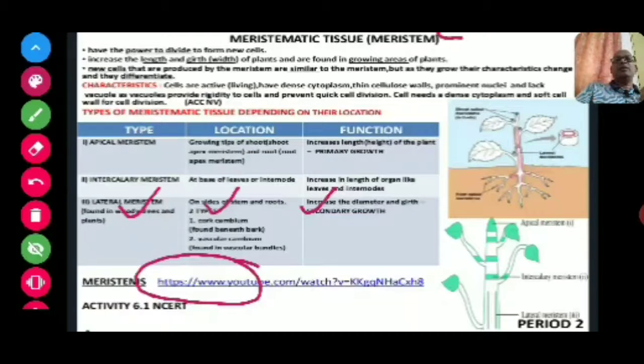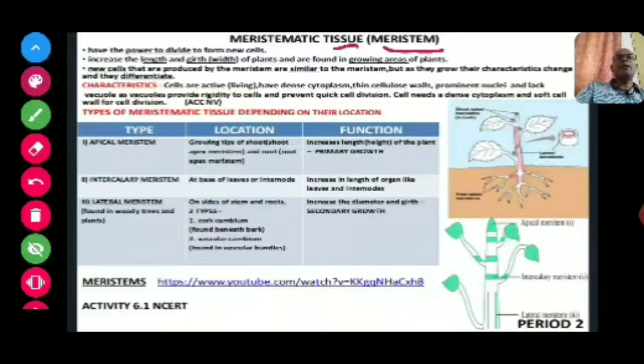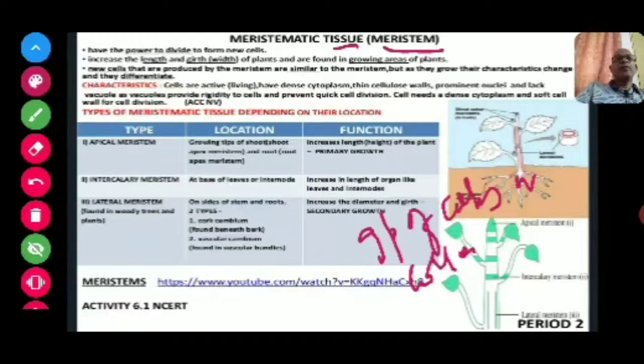Okay, let's come to the point, that is meristematic tissue. Meristematic tissues are also called meristems. Meristematic tissues are actually a group of cells or collection of living cells which are located at specific locations